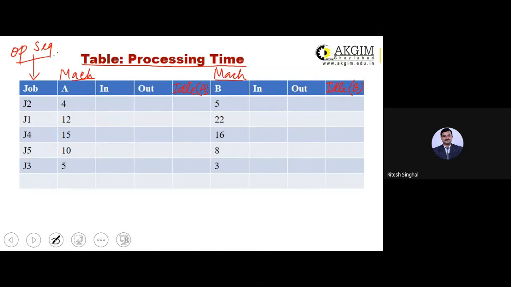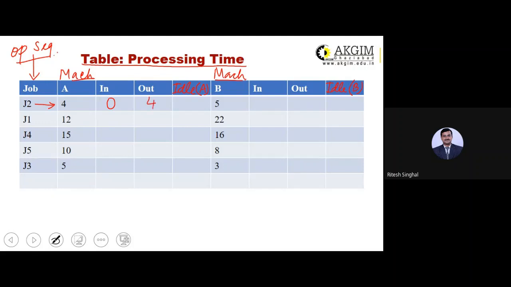Here we are actually going to find out how much time is required to complete all the jobs. So let's start. Students, please always keep in mind that you should start with 0. When your stopwatch is showing 0, then you should start. Your time starts now. So when you enter this particular job, J2, into machine A at the very beginning, it requires 4 hours.